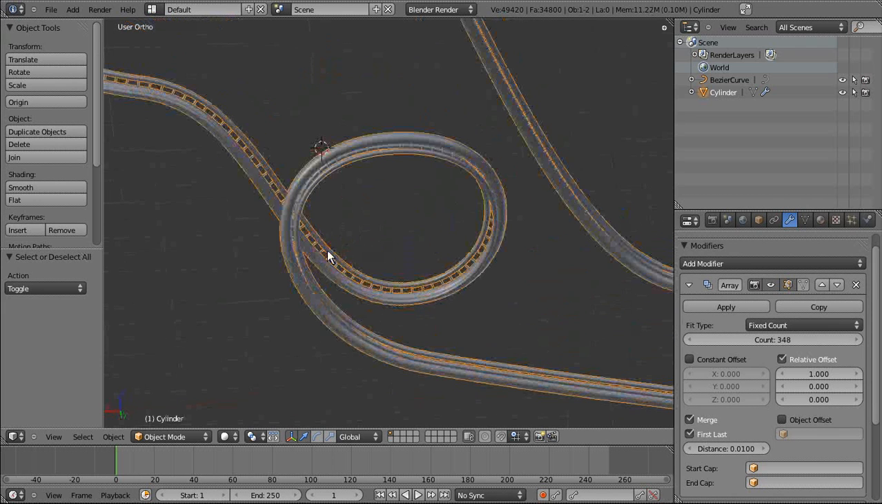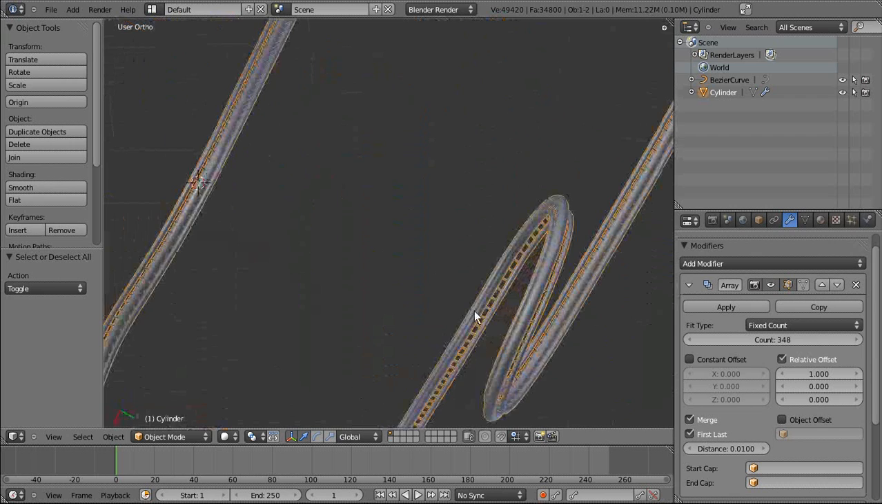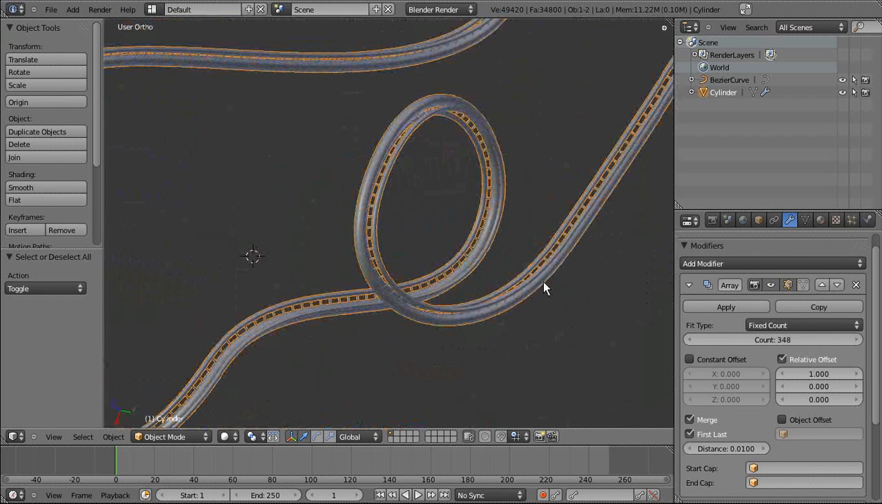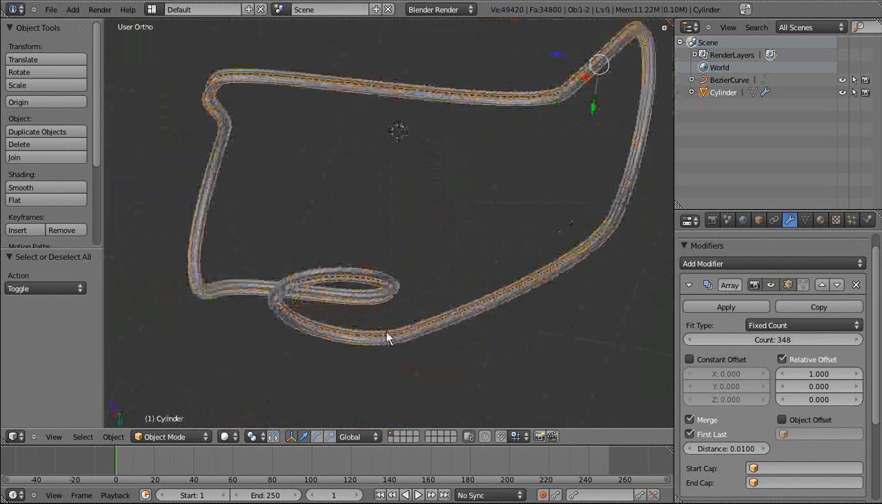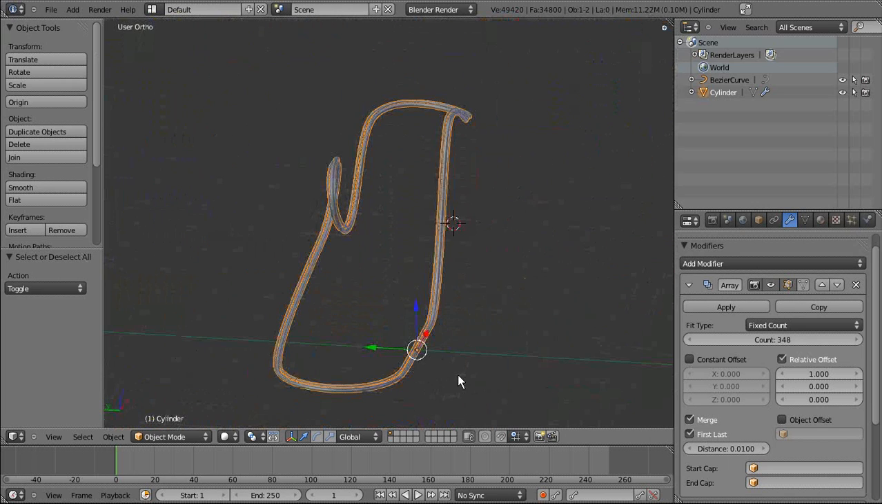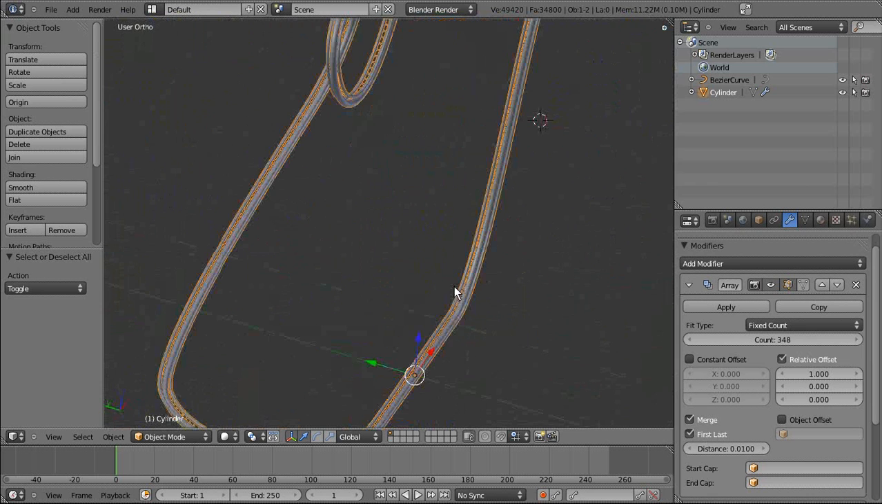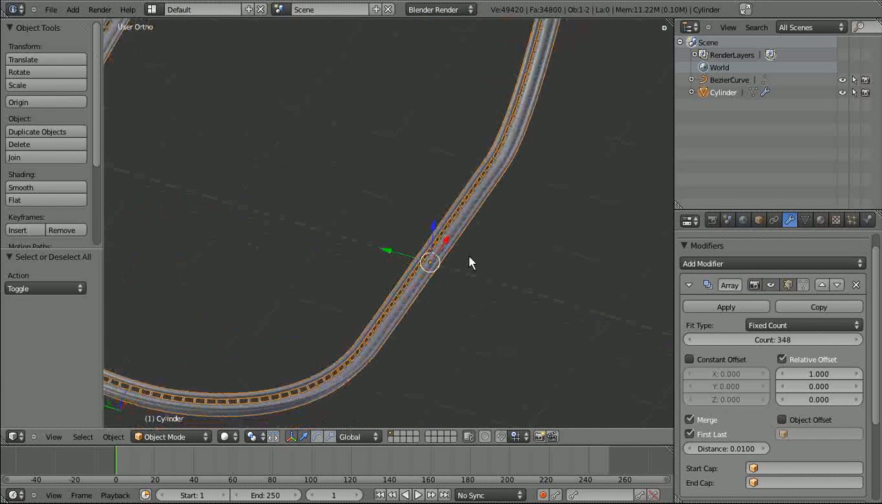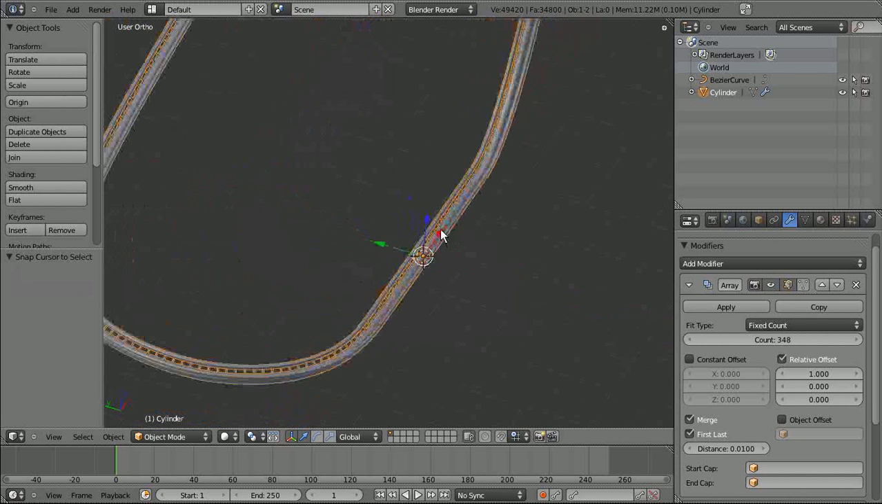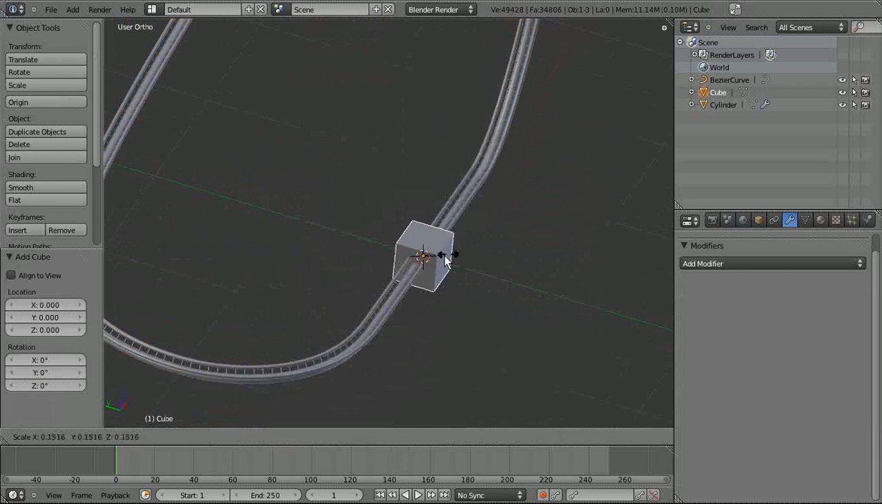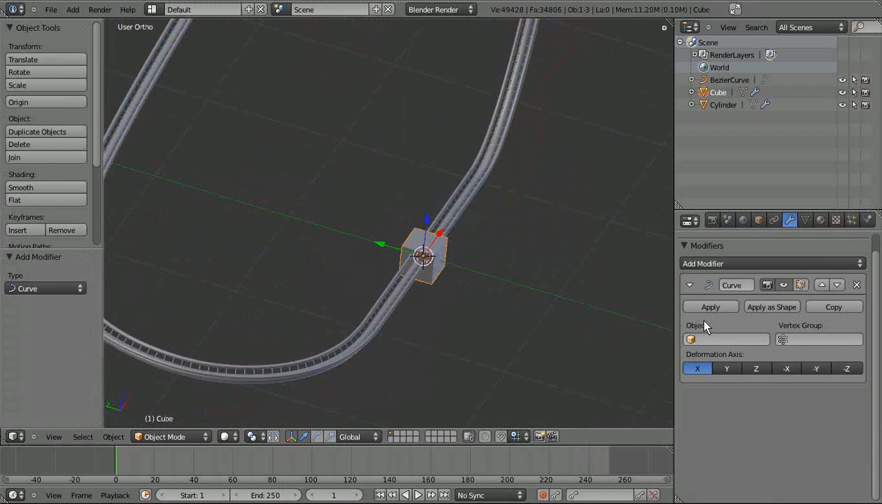So if we go into a looping, you can see that the track is facing downwards on the top and upwards on the bottom again. So other techniques have problems with that. So to now make the camera follow this track, we first have to add a cube. Hit go to selected, then Shift A, cube, scale it down, and add a curve modifier,